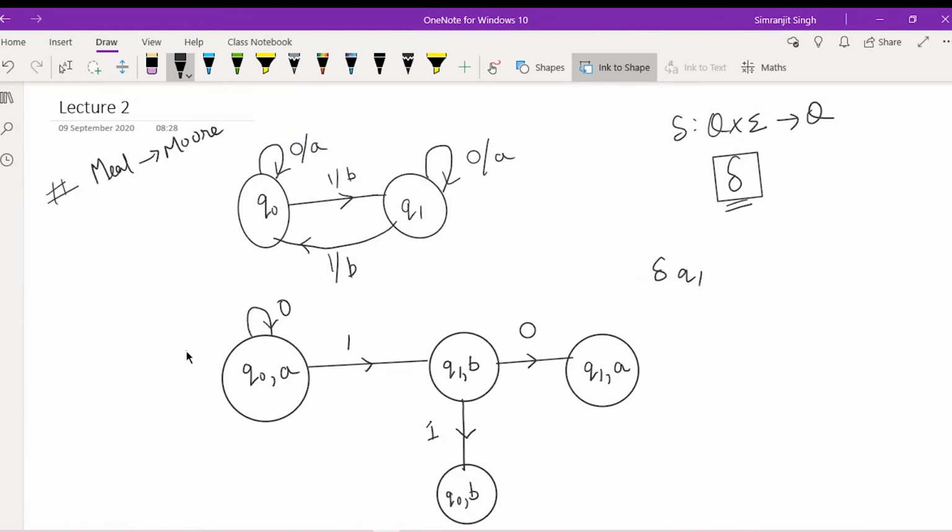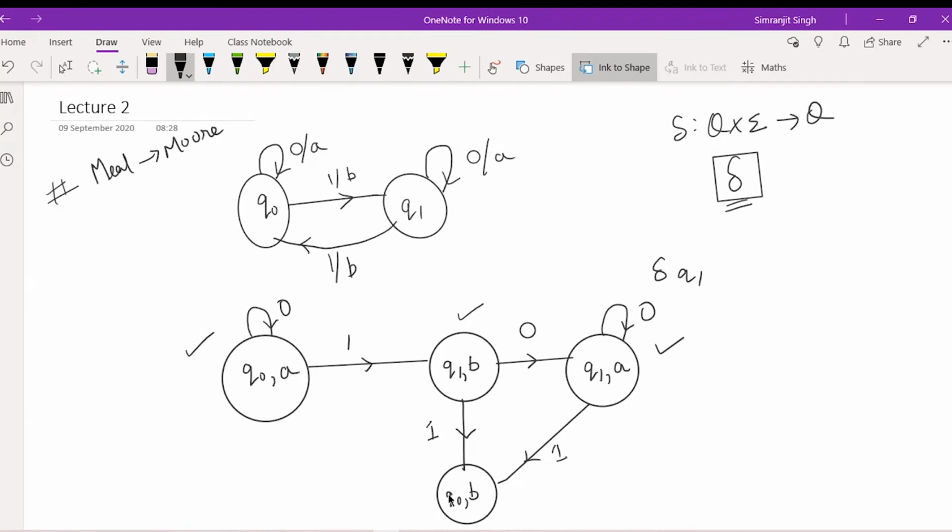Now if you check the transition here, it is completed. Transition on Q1 is also completed. Now you have to do a transition on this other Q1 state again. For that transition, go look in the original diagram where Q1 is going. Q1 on 0 is going towards Q1 with the output of A. So I do that. Q1 on 1 is going towards Q naught with the output of B. So that is completed. Now this state is also completed, 0 and 1 are defined here.